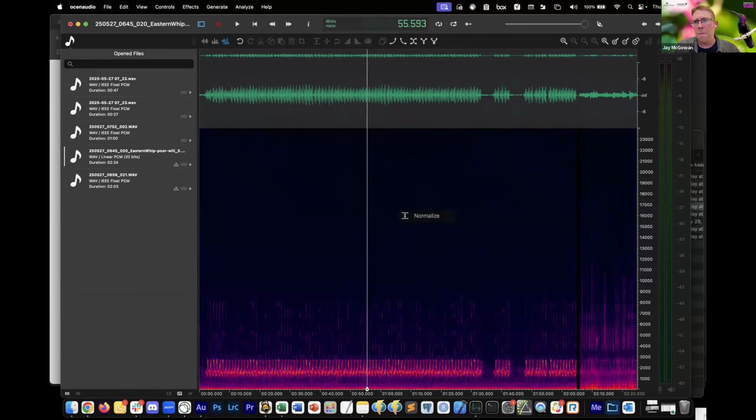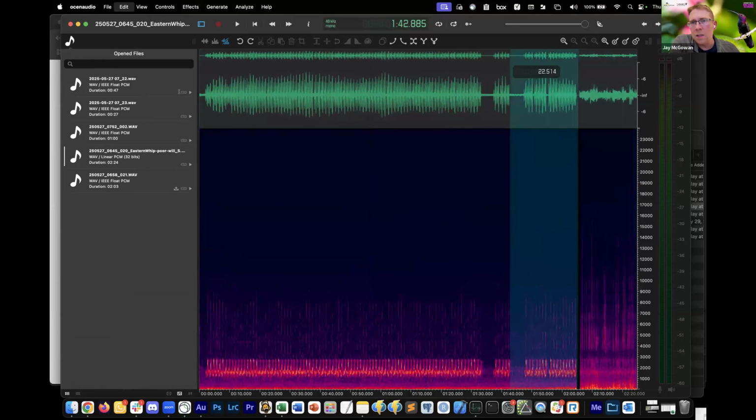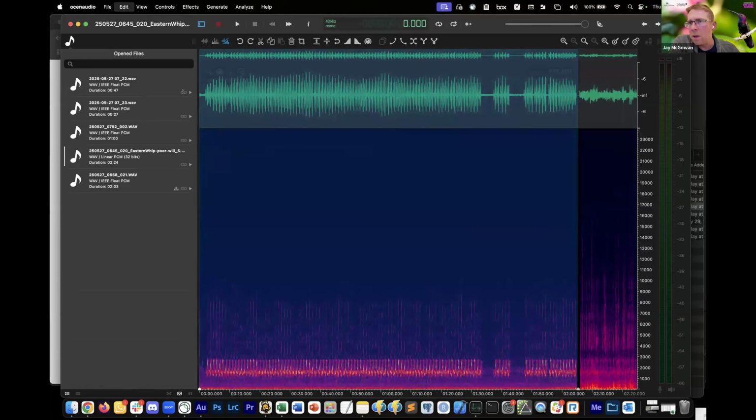If I only had one little piece, that would be fine. It's only because I had these two different sections that I needed to specify which one I wanted to normalize. The one thing you want to be careful about is that you don't highlight just what you're looking at